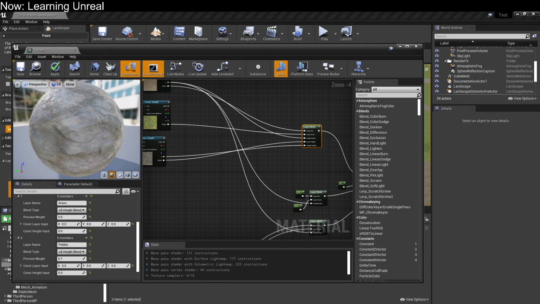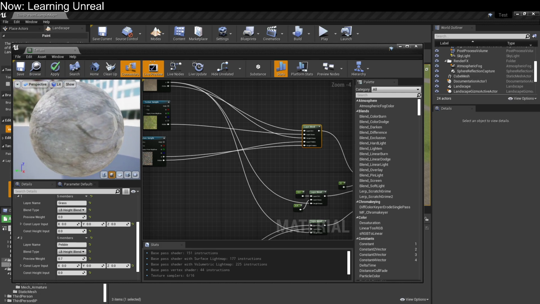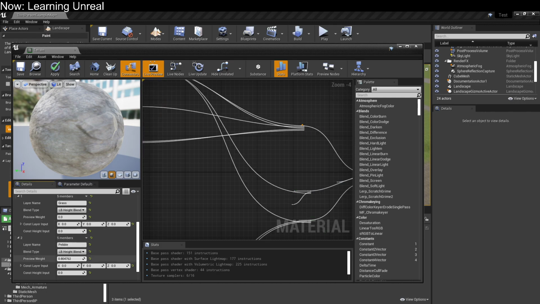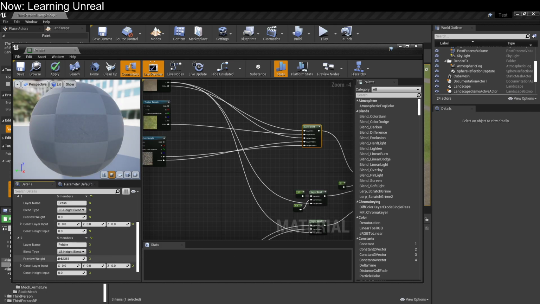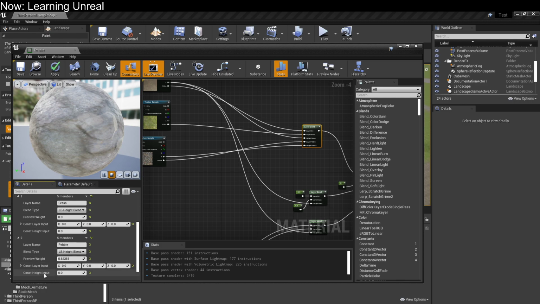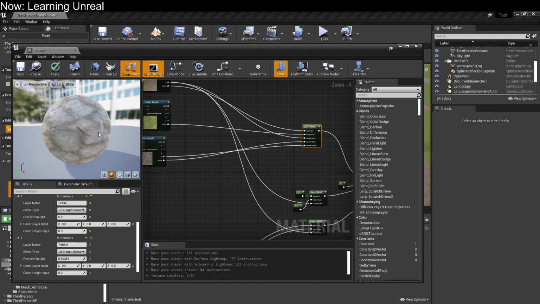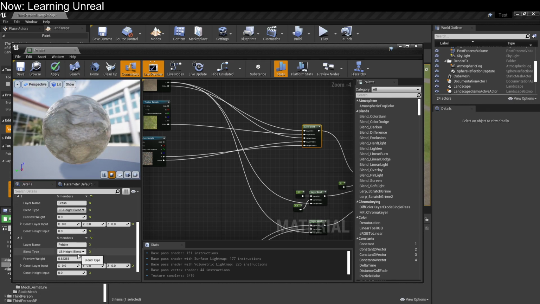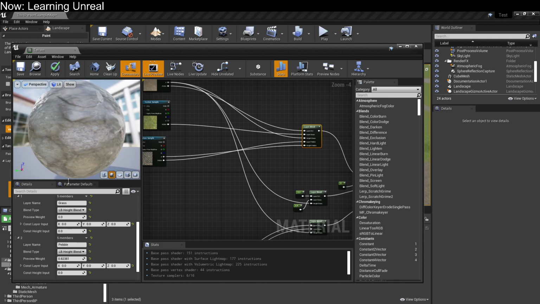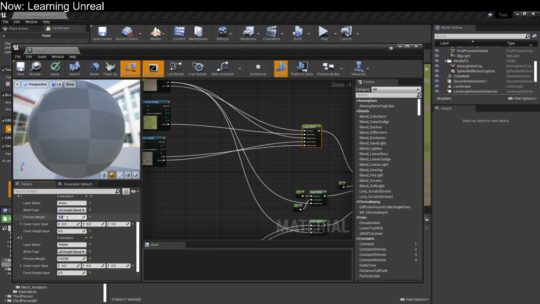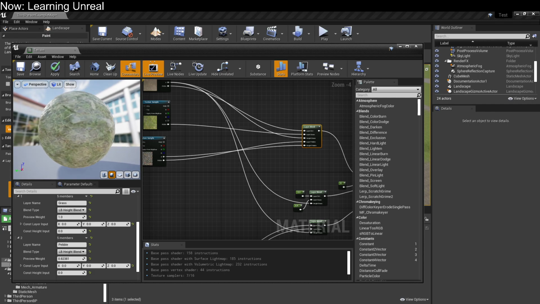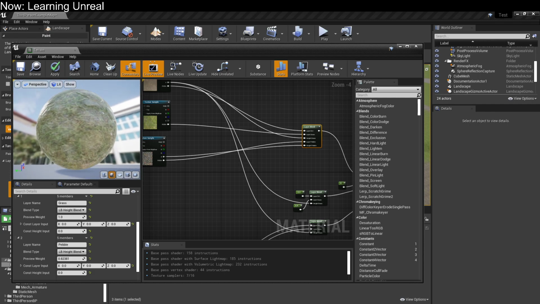I can definitely see it. It's not doing what I thought it would do. One of the issues I've got with this is that when I drag the preview weight, it doesn't instantly update. It sits there and thinks for a couple of seconds, and that makes it hard for me to tell whether the preview weight's doing what it's supposed to do. So if we were to set this to 1,